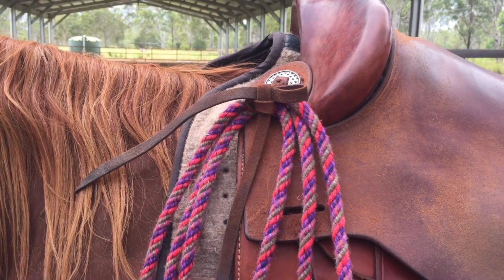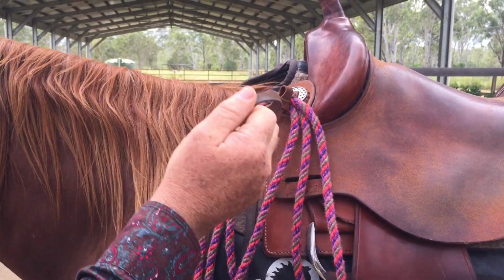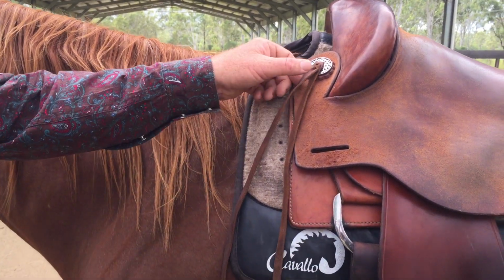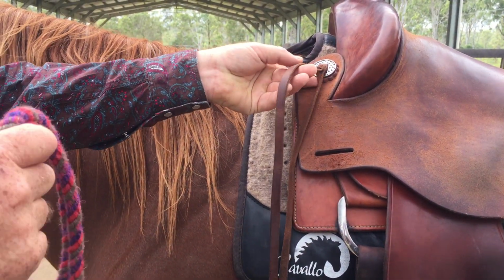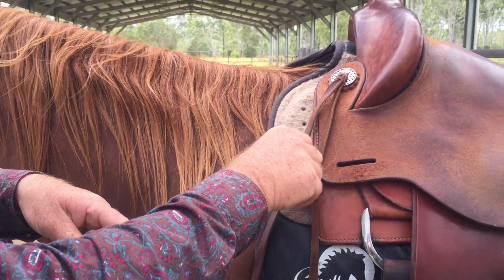And then when I get off my horse, it's just a simple case of pulling on that string, and generally that'll just open up. These strings are a little bit stiff still, so they hold a bit, but generally after a bit of wear, that'll just open up and pull straight away. So one more time,